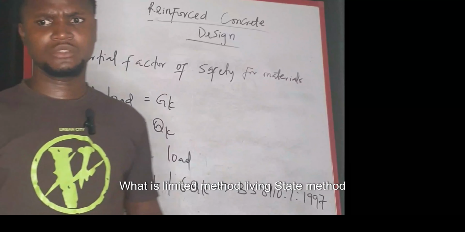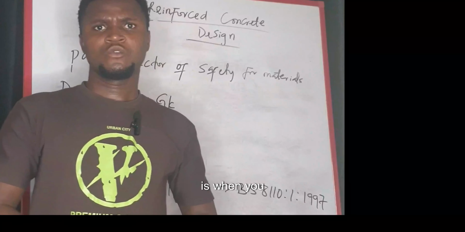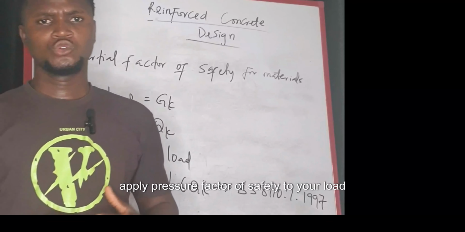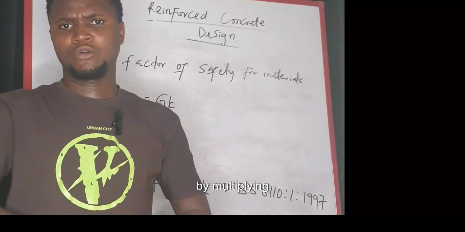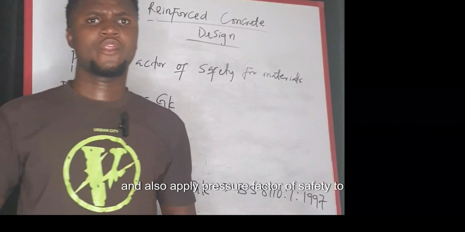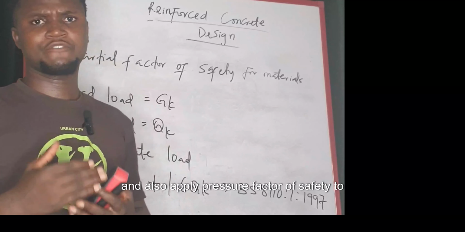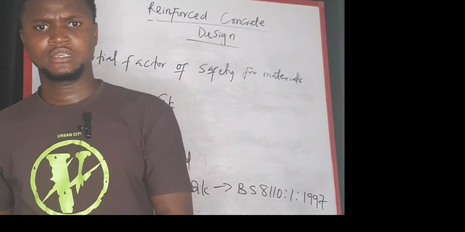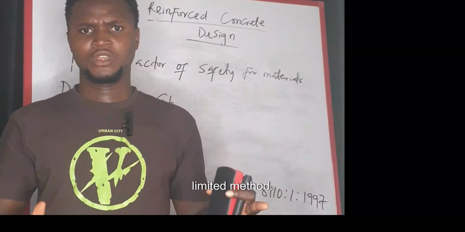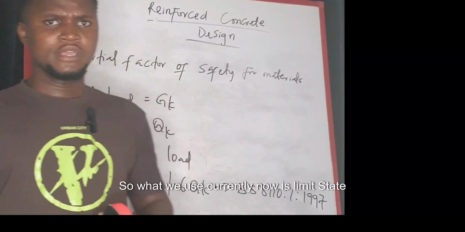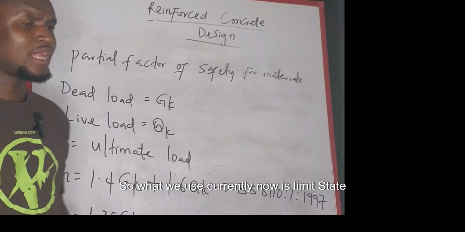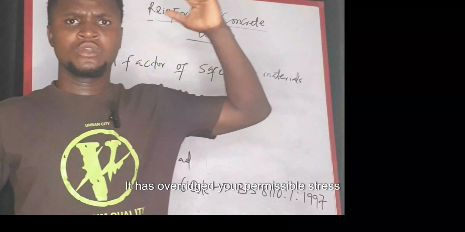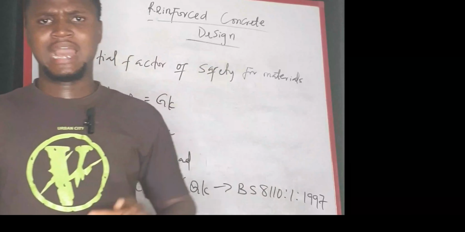Now, what is limit state method? Limit state method is when you apply a partial factor of safety to your load by multiplying, and also apply partial factor of safety to your material by dividing it. That is limit state method. So what we use currently now is limit state method. It has overridden your permissible stress method and